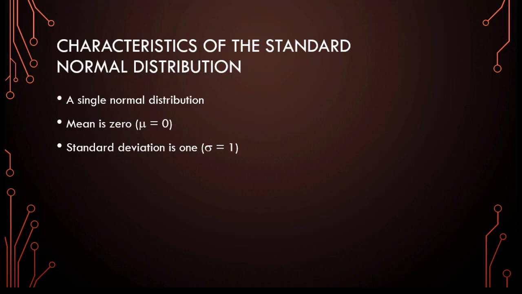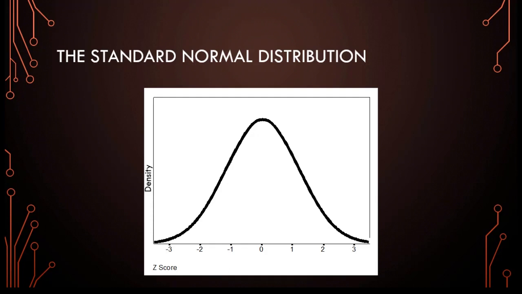a standard normal distribution. The scores in the standard normal distribution also have a special name. They are called z-scores. Here is a picture of the standard normal distribution. The scores along the horizontal axis are z-scores. As with any model of a distribution, the vertical dimension represents density. Note that the curve is at the highest point when the z-score is 0.